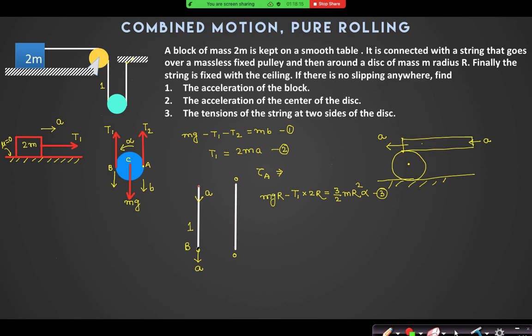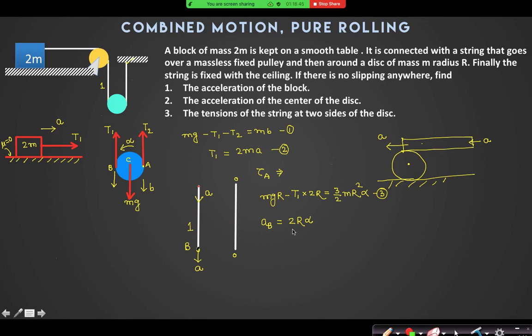Yes, A is equal to 2B. How can we say that? Can I say about point A, B is coming downward with 2R alpha? Yes, sir. So acceleration of B is equal to 2R alpha,